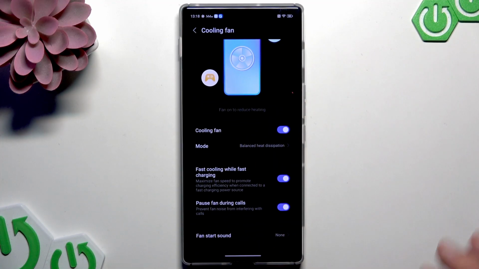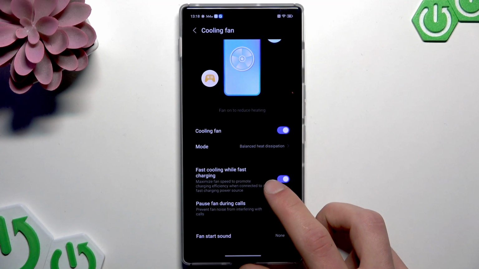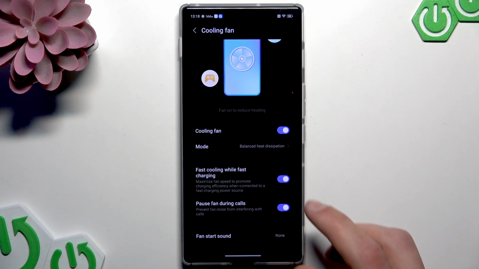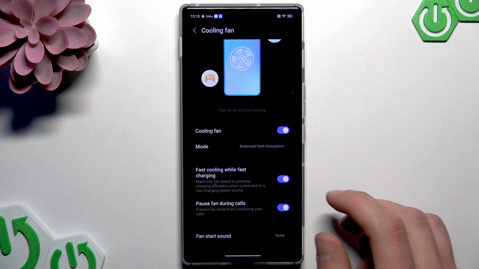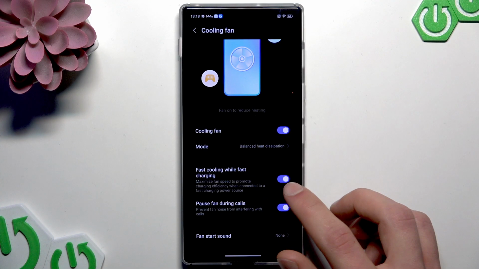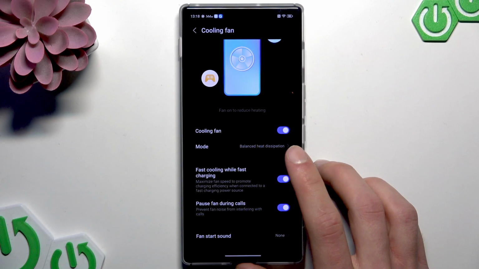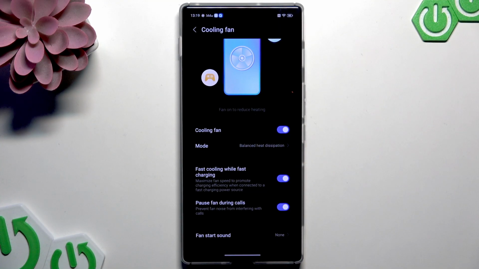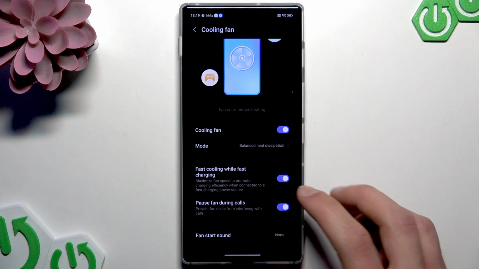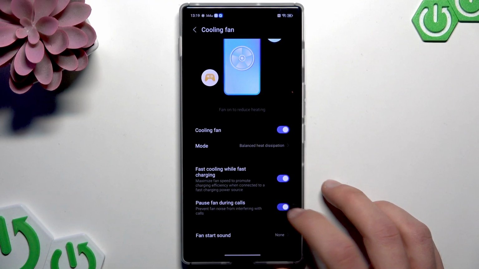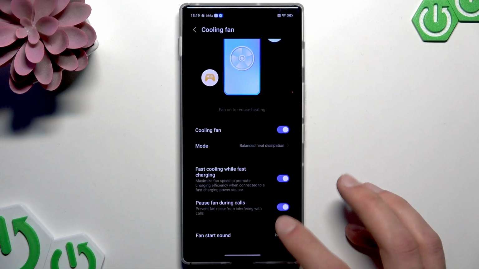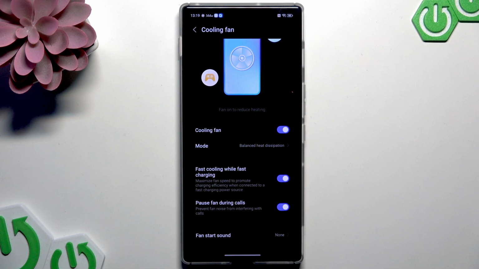Besides, we can also adjust additional settings in the cooling fan menu, like fast cooling while fast charging. So we can enable the maximum rotation speed while the phone is fast charging to prevent the overheating. And we can also enable pausing fan during calls so that we can prevent the fan noise from interfering with